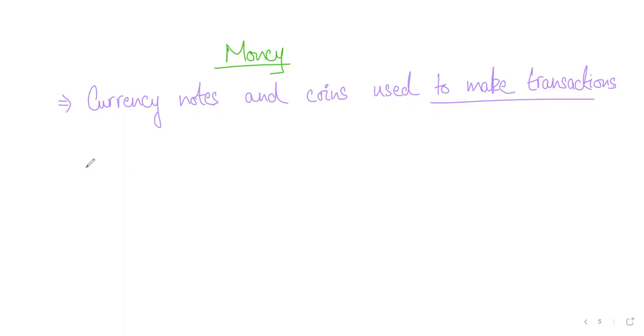Now think about this. Let's say I go to a shop and I have bought something, I go to the counter and now it is my financial obligation to pay for that product. Yes or no? Obviously that's not for free. I have to pay for it, right? So that is my financial obligation to pay for that thing. Similarly, if I have borrowed money from someone, my friend, my family, or anyone, that is a financial obligation that I have to pay. So if I want to pay whoever I've borrowed the money from in the form of currency notes and coins,